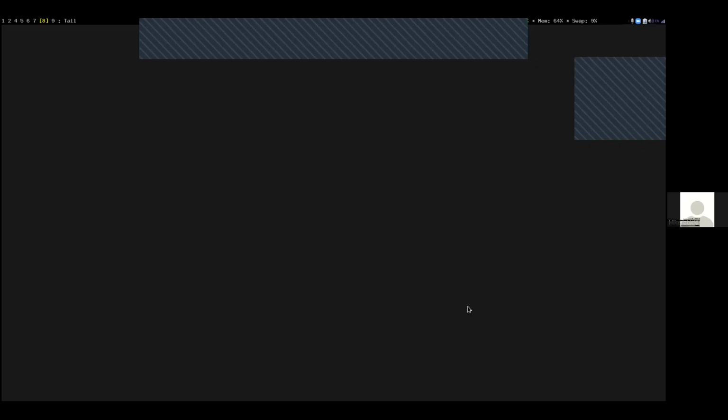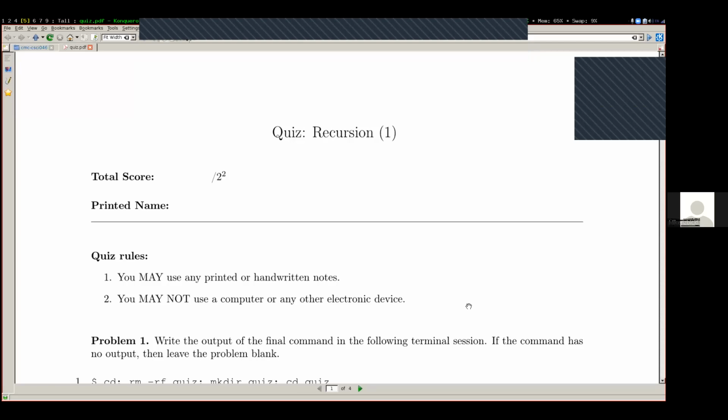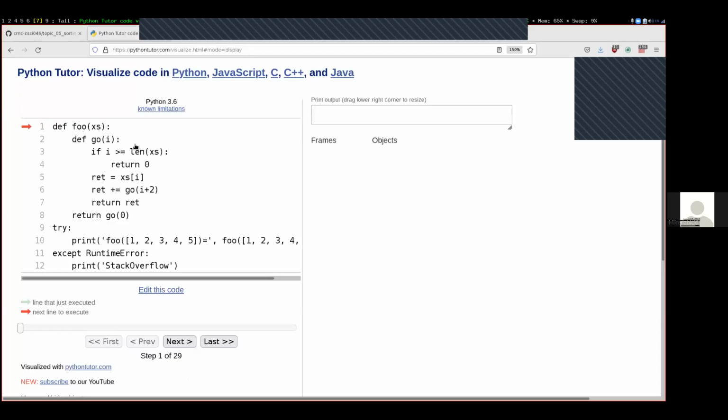Over today and share my screen. And today, to go over the problems, we're going to be using Python Tutor so that we can really step through each of these problems one by one. And as we're going